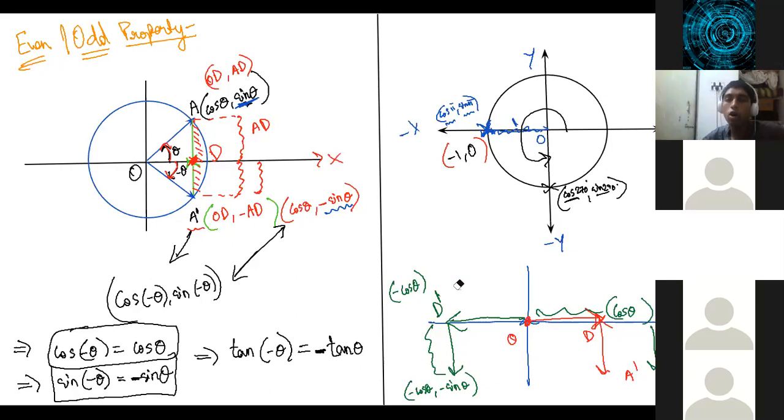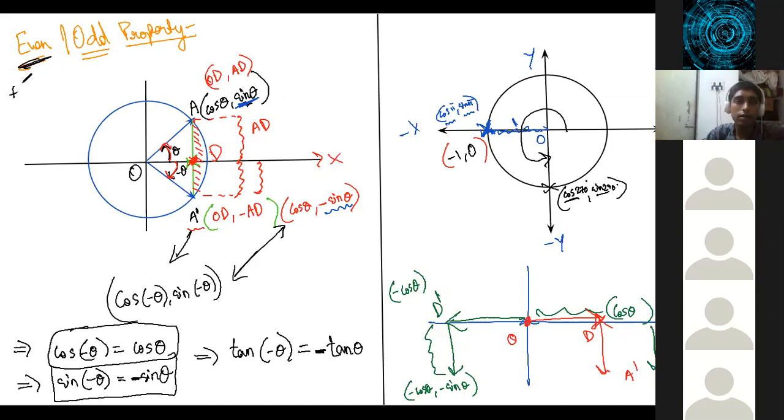So this is called the even odd property. Of course, some of you must be wondering why it is called even odd. What does it have to do with even or odd? So this will be explained much later on. Generally in 11th class you study even functions. An even function is a function where f of minus x will be equal to f of x. An odd function means f of minus x will be equal to minus of f of x. Did I explain this before?